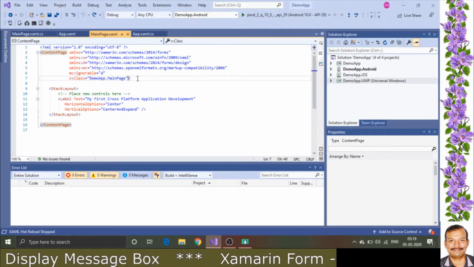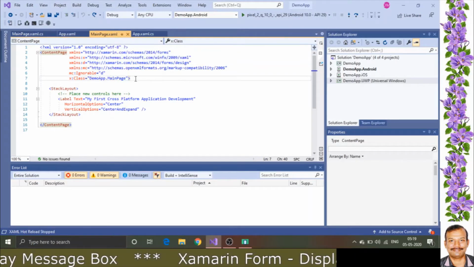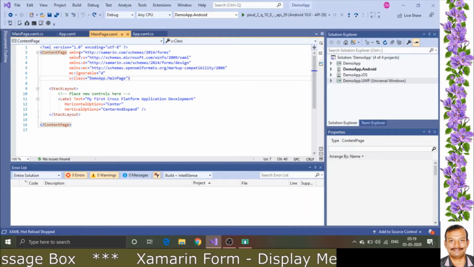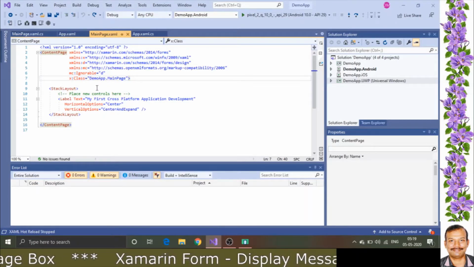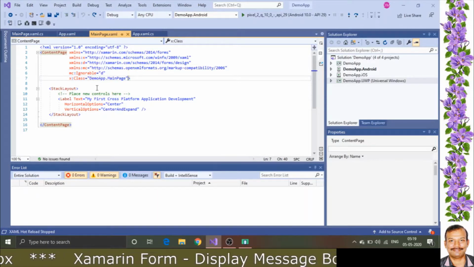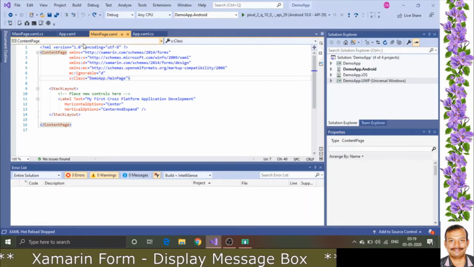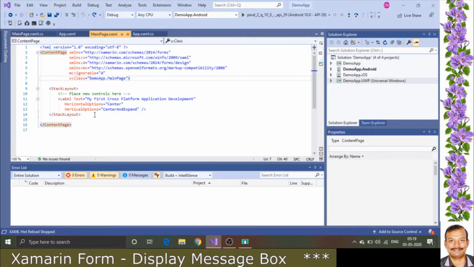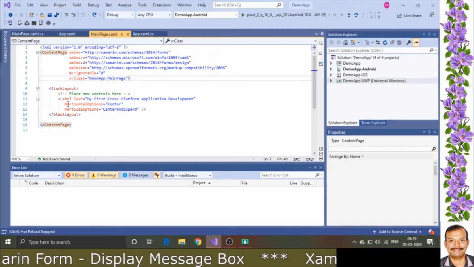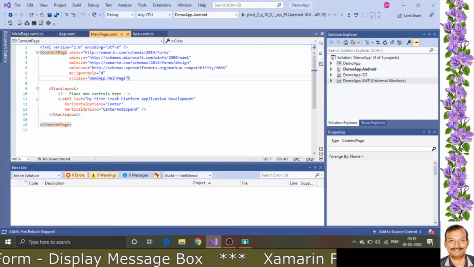So you need to go to the MainPage.xaml file, and here you will have a content page, where you can add all the layouts, and within the layouts you can have the views. Views means the entry and all the controls that we want to add. In the default template we have this content page and stack layout. Within the stack layout, we can place the new controls.